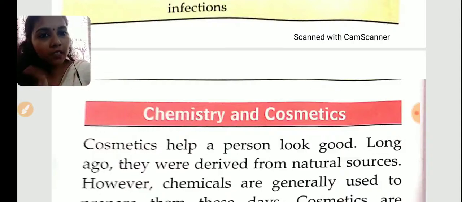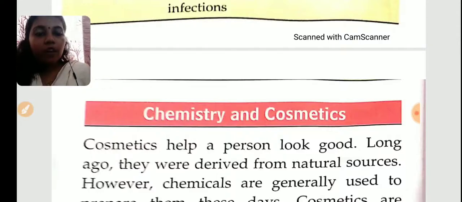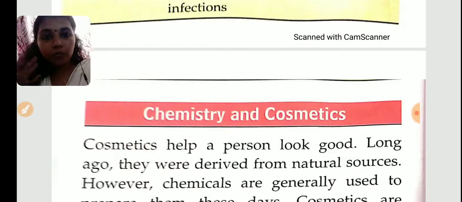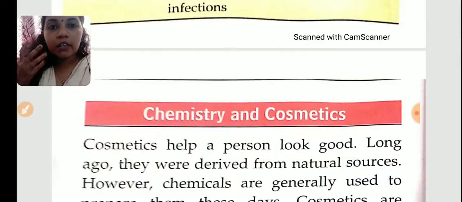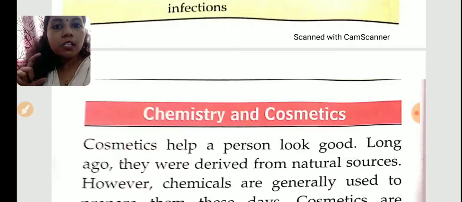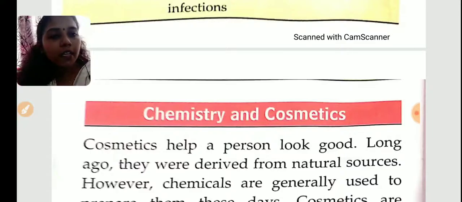Okay, so all these are given just for information only. This chapter is very simple, but so many details are given. Don't get confused by all these things. Okay, and then we will study chemistry and cosmetics. What are cosmetics? Our fashion and makeup items like talc powder, kajal, lipstick, or any other beautifying items, hair spray, perfumes, etc. These all are cosmetics. So in chemistry and cosmetics, that is what we are going to study here.